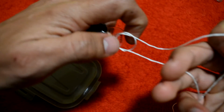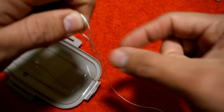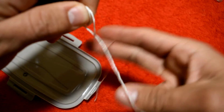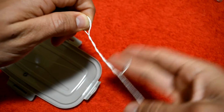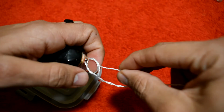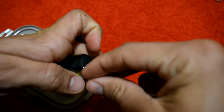Once you have it like that, you're gonna go around your main line with your tag line. You're gonna go around it 5 times. 1, 2, 3, 4, 5. Once you're at this point, you're gonna come back into both of those loops and slowly